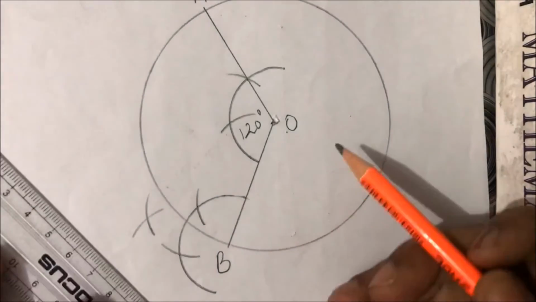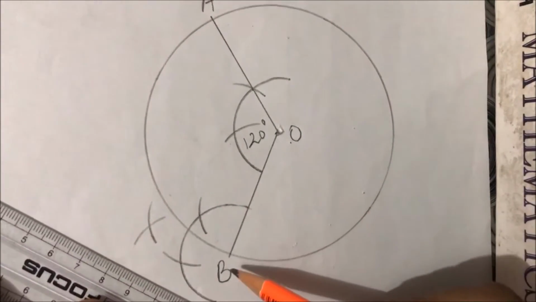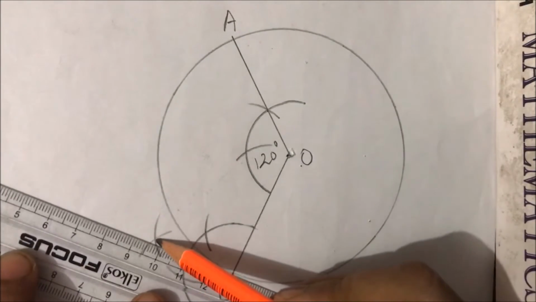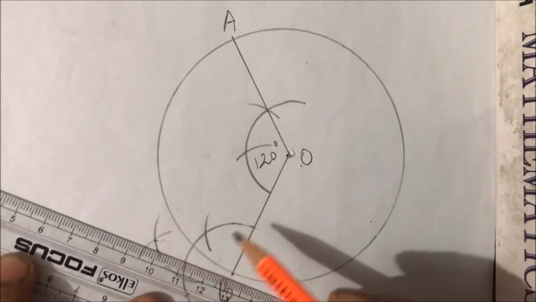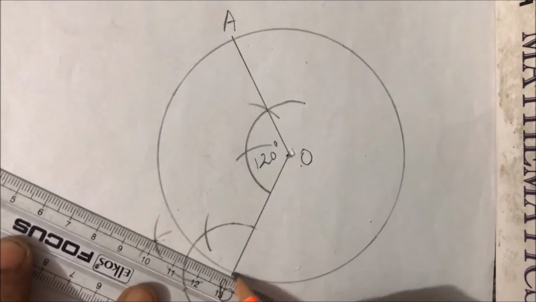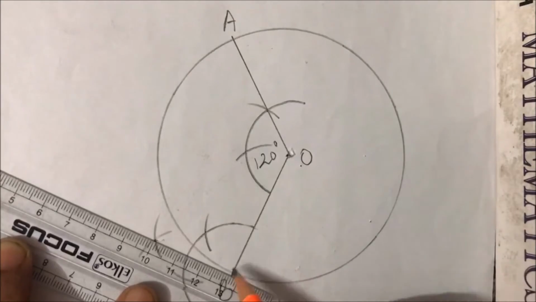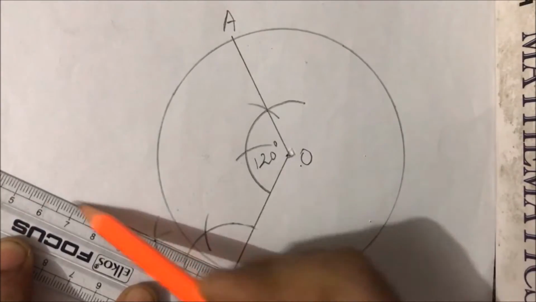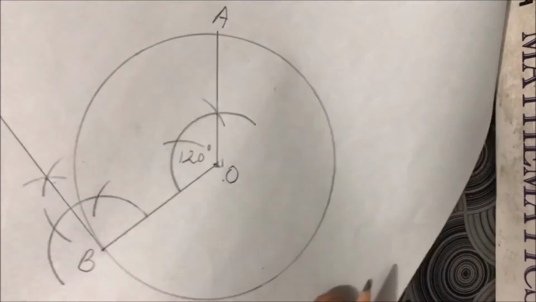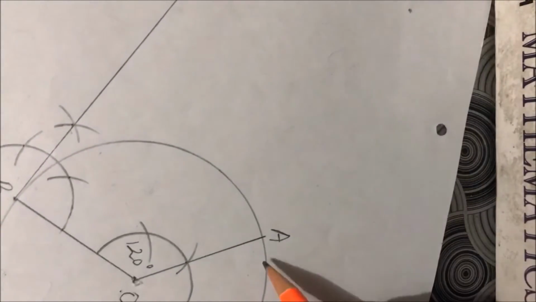and join B to this point of intersection. B to this point of intersection. Adjust the ruler and draw the line like this. This is 90 degree. In a similar manner, you have to draw an angle of 90 degree with A as